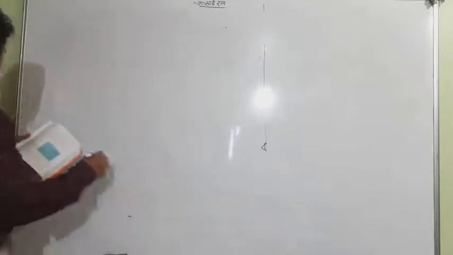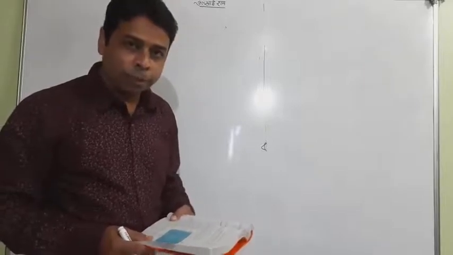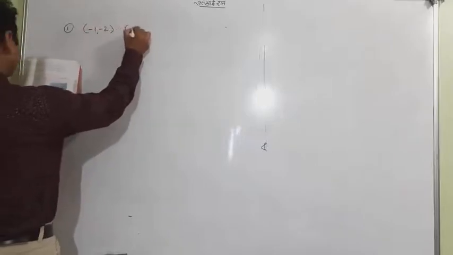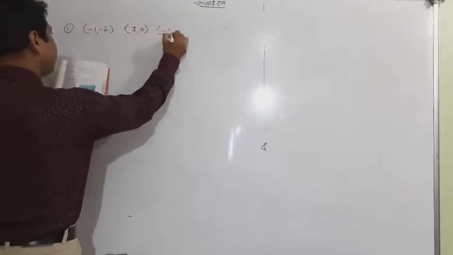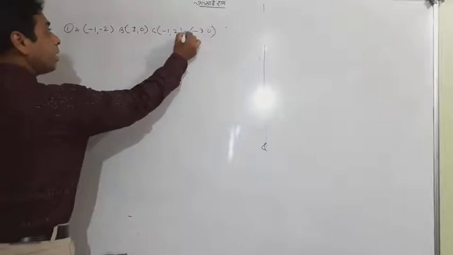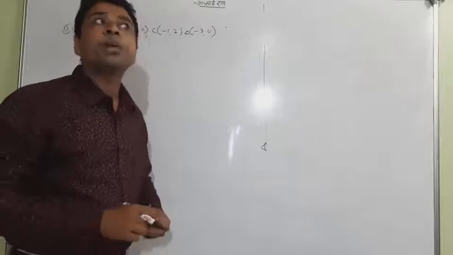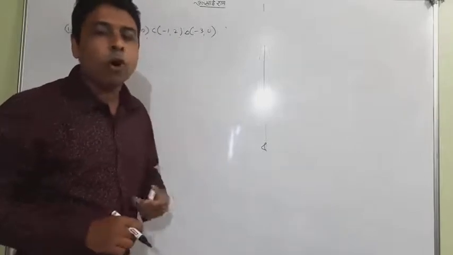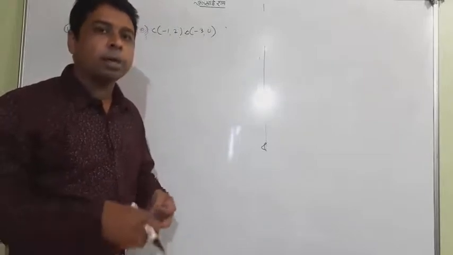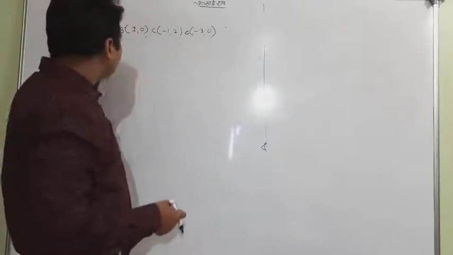So I'm putting now question number 6. The question says name the type of quadrilateral formed. Meaning you are given the points, suppose this one, and definitely 4 points are here, suppose A, B, C and D, and the question is asking that ABCD is definitely a quadrilateral. We have to tell the name of the quadrilateral which ABCD forms. So what quadrilaterals are there: a square, a rhombus, a parallelogram, a rectangle, or there may also be a simple quadrilateral. So one of these may be it.